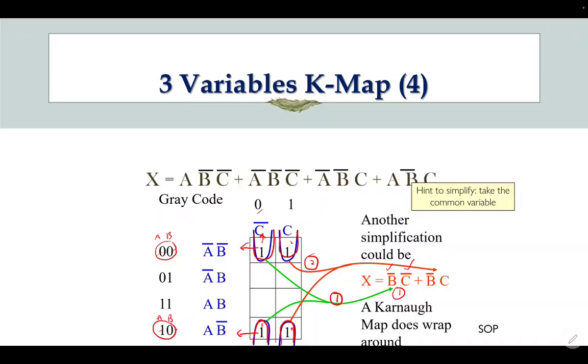And then you now look at the grouping number 2. You read here and here and here. So again you got B bar and B bar. This one change state, A and A bar. So you read B bar. And here you only read C, which is you got B bar C. So by looking at this equation, it still can be simplified. You can get like B bar C plus C bar. So this one is 1. So X equals to B bar. Means that there is some other grouping that can be used to simplify.